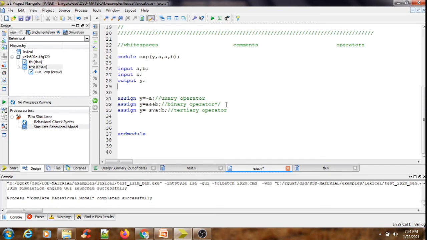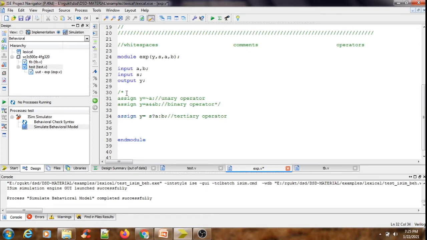For example, if I hadn't taken it like this, the Verilog compiler would compile my entire code from here to here, but I want only my third instruction to get executed. So these two lines should be in a comment section. This is the usage.